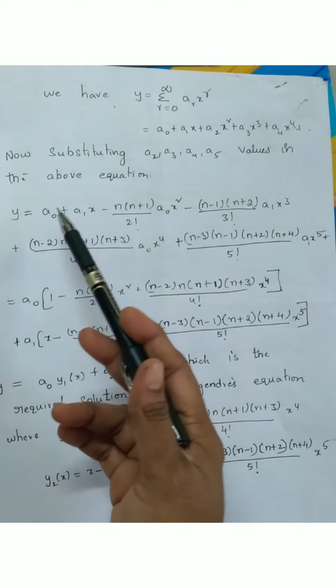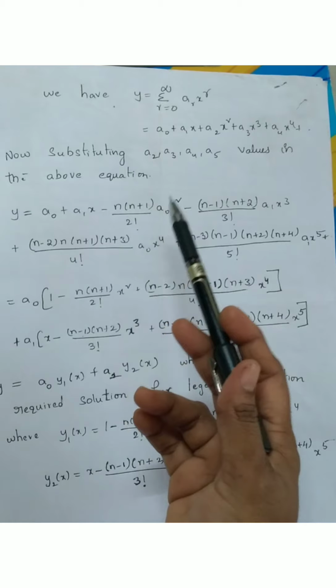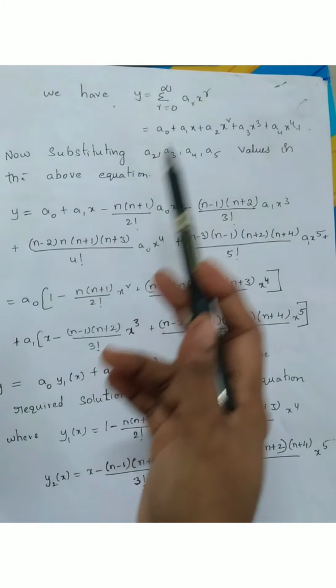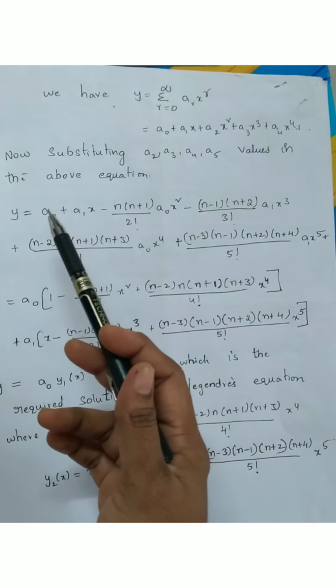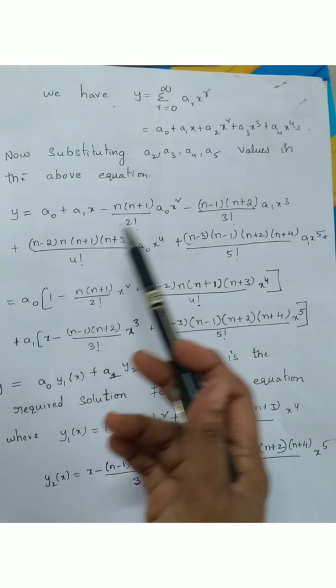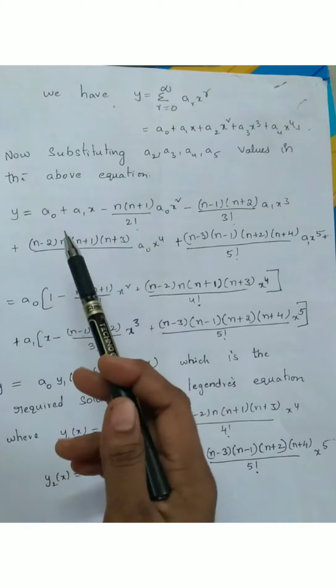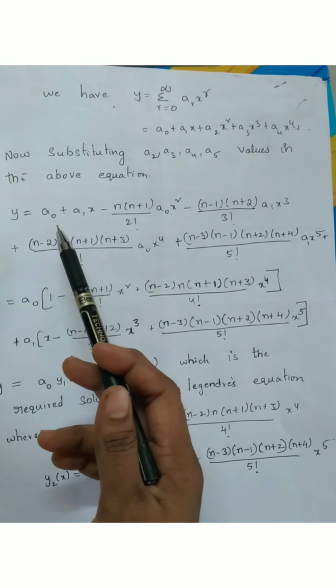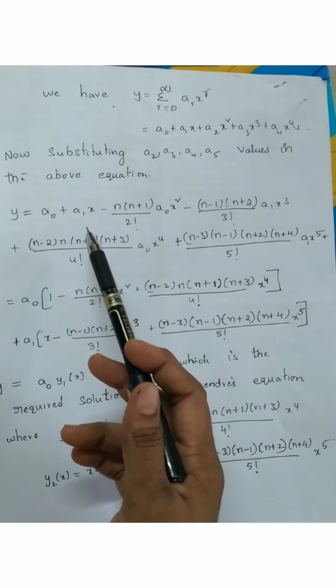We already got the values of a1, a2, a3, a4, a5, so we substitute those values, and the equation takes the form y equals a0 + a1x